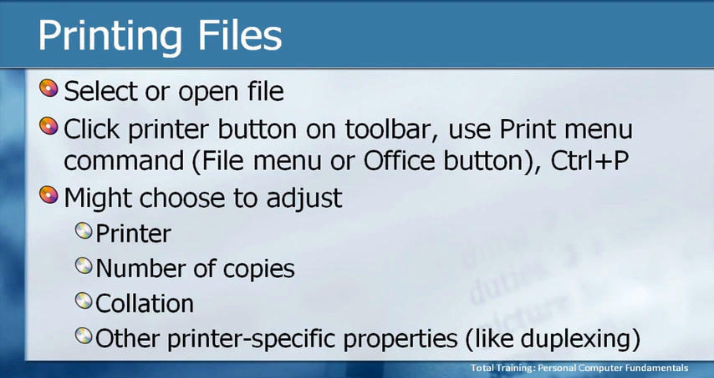In other words, is it going to print 111, 222, 333, or is it going to print 123, 123, 123? So when you take it out of the paper tray, they're already put together and all you have to do is separate each set instead of manually collating them. You will then have a variety of other printer-specific properties like duplexing that you can set up, depending on the actual printer. But choosing the printer, the number of copies, and collation are the 3 things that you'll probably do most often when you